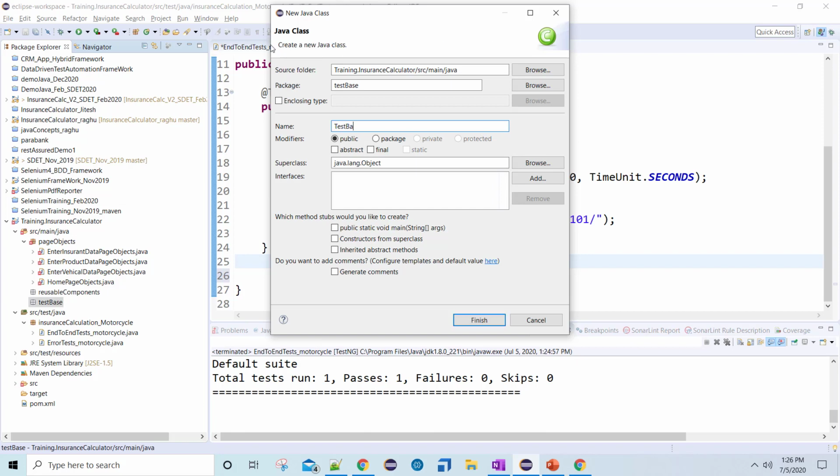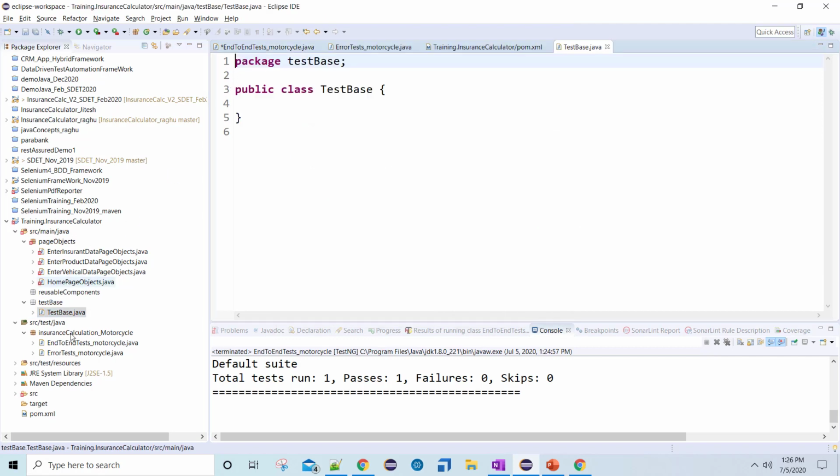You can give any meaningful name. Okay, I'm giving the name itself as TestBase, should be fine. Since in this case we are going to declare a WebDriver as a static one, this shouldn't matter much for us. But in our next framework we will use the ThreadLocal concept of Java, and we will make the driver thread safe. So that time it will be a bit difficult to understand, but let's see. And we'll be creating many base classes for that.